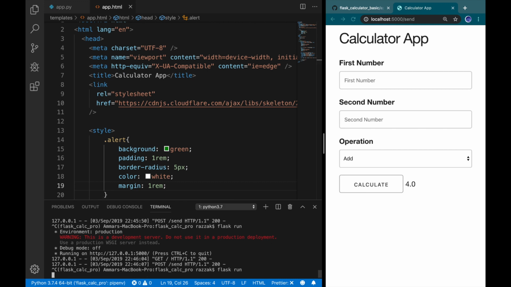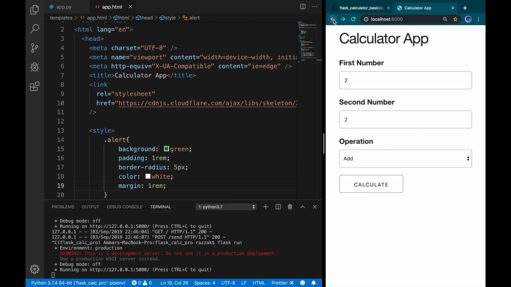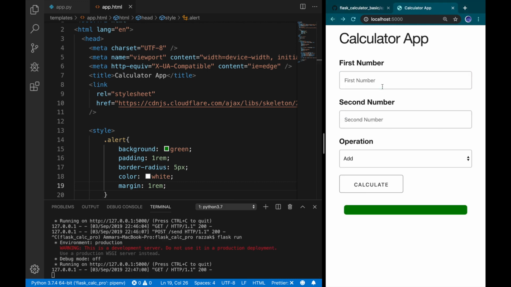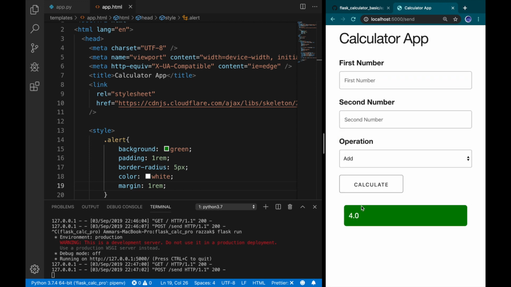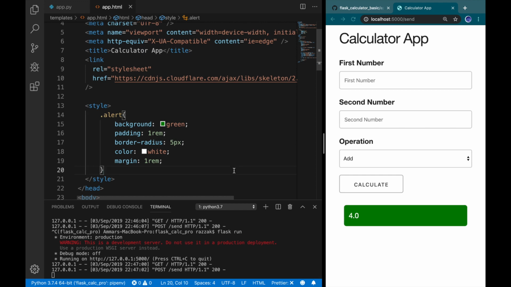Alright, so if I just quit the server and rerun it, I'm going to go back, also refresh, 2, add, we have 4. Alright, so we have successfully created this app, and I'll see you guys in the next